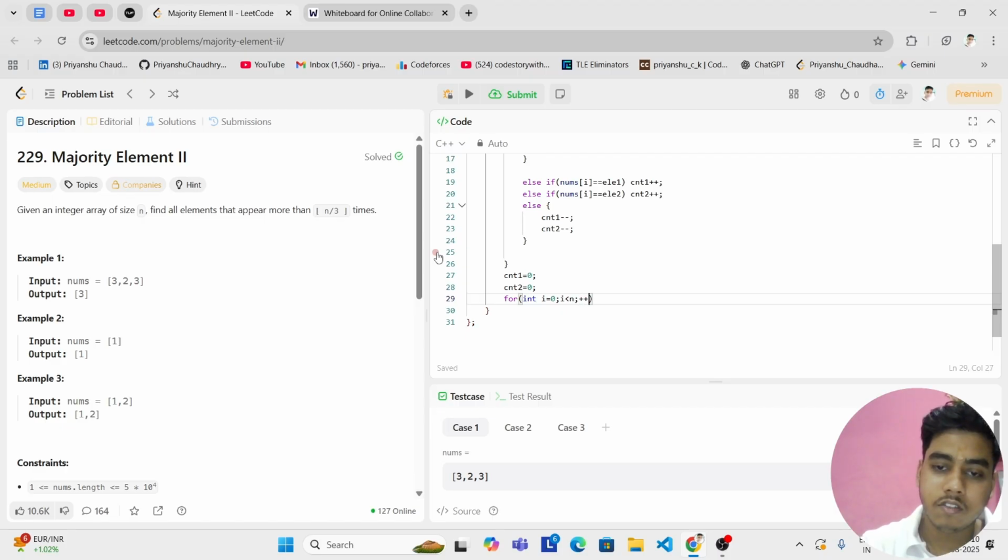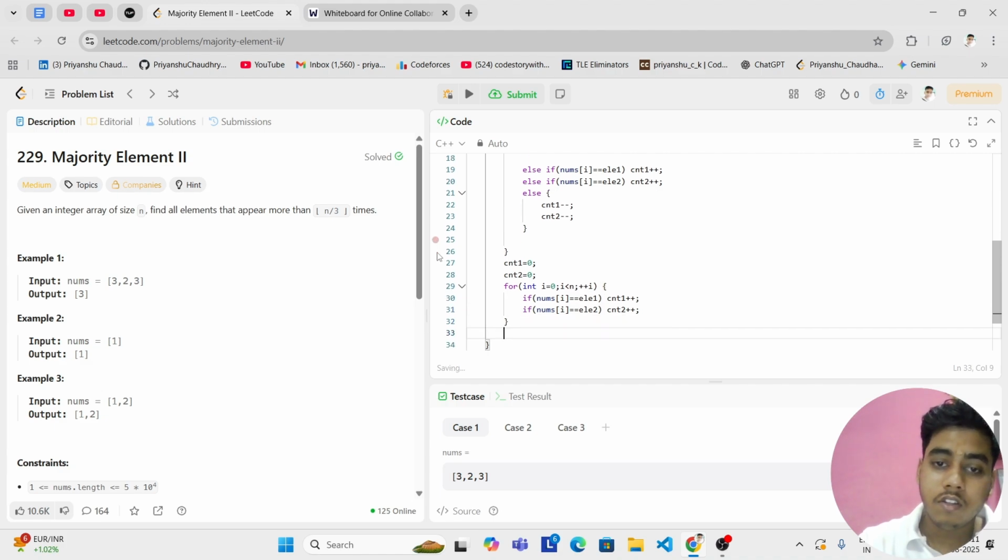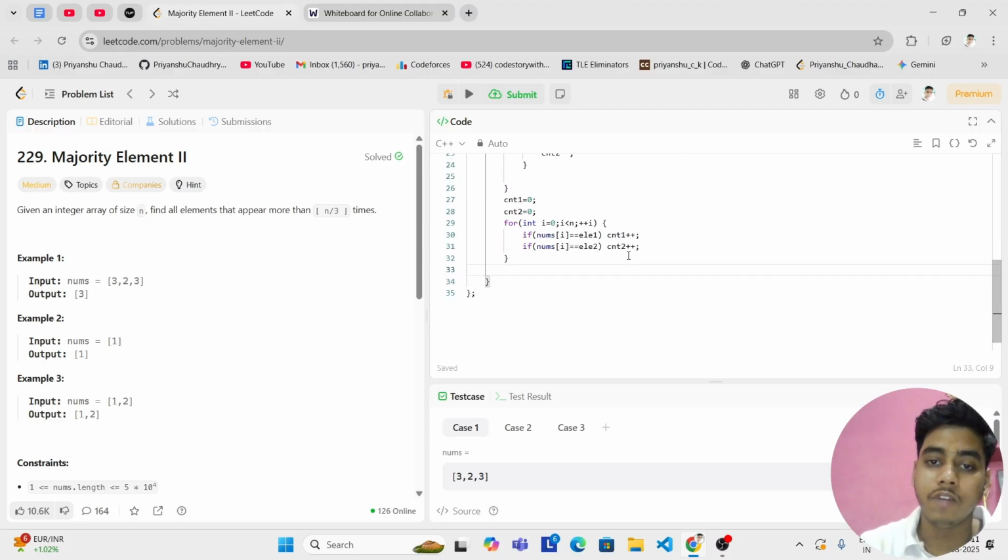and we will check that if nums of i is equal to element 1, we will increase the count of 1, or if nums of i is equal to element 2, count of 2 will be increased. Now here we have to return the answer in vector form. We have to return both, all the max majority elements. At max there will be 2, so